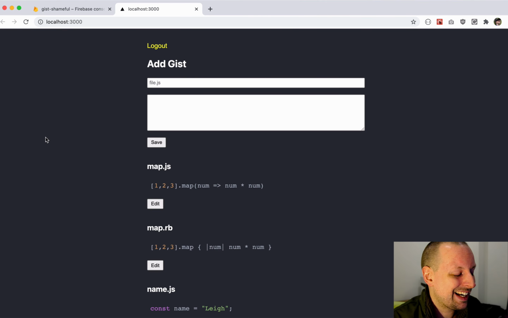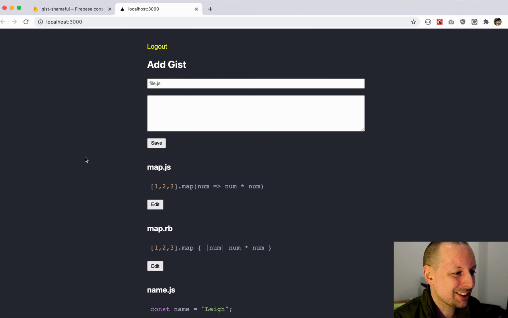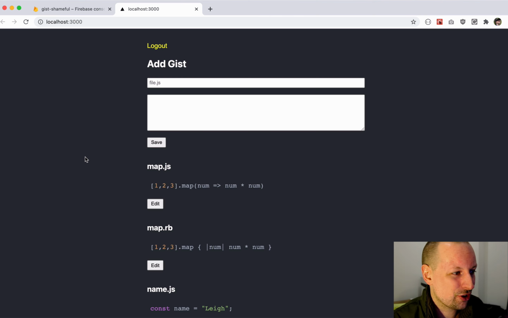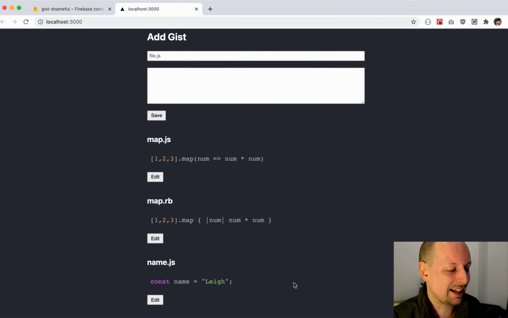It's Lee Halliday, and in this video we are going to be building something that I called Gist Shameful. It's basically the idea of gists from GitHub, but we're going to do it in React using Firebase. I've already set up Firebase auth in a previous video that I'll link to below, and in this video we're adding the Firebase Realtime Database to be able to add and edit these shameful gists that I'm